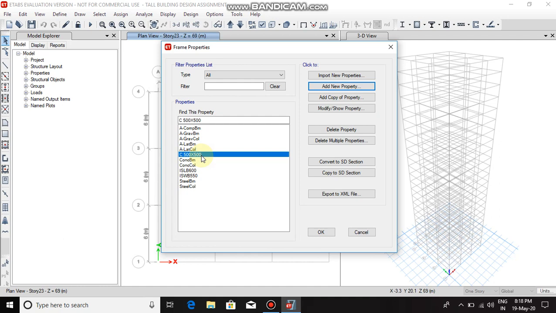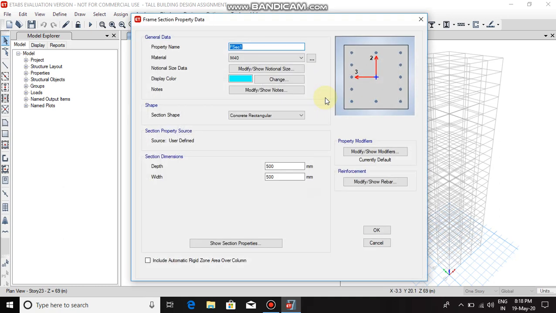For that, first we have to select this C 500 by 500, then select Add Copy of Property. Change the property name to C 550 mm by 550 mm, material remains as M40, depth 550 mm, width 550 mm.